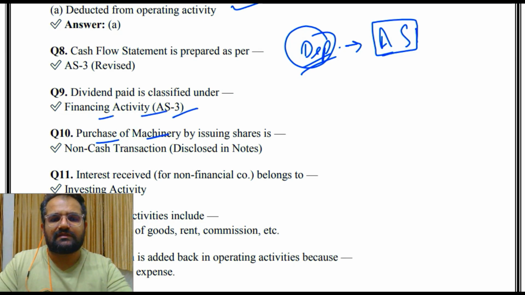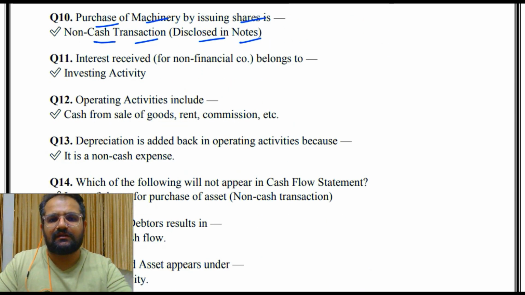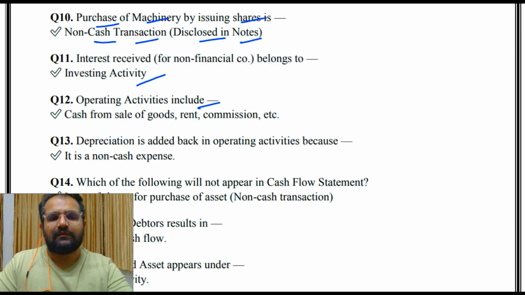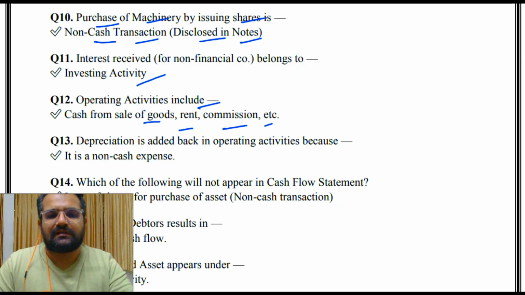Purchase of machinery by issuing shares is a non-cash transaction disclosed in notes. Then interest received for non-financial company belongs to investing activity. Operating activities include cash flow from sale of goods, rent, commission, etc. Depreciation is added back in operating activity because it is a non-cash expense, जो हमने क्वेश्चन में भी देखा था